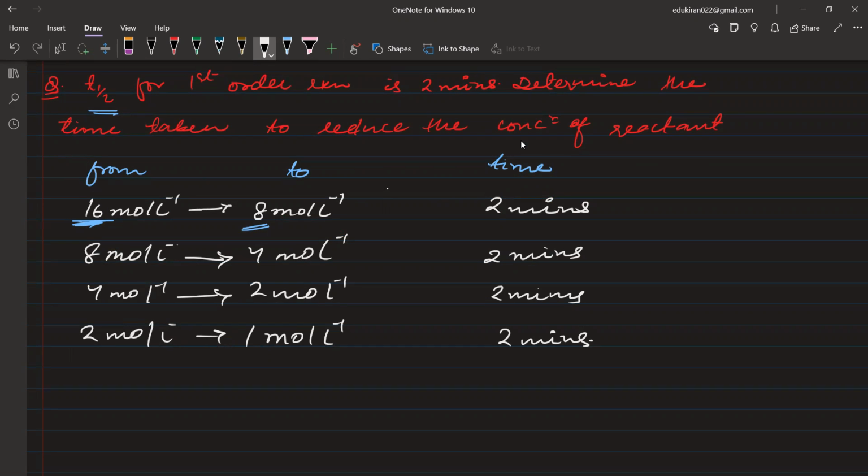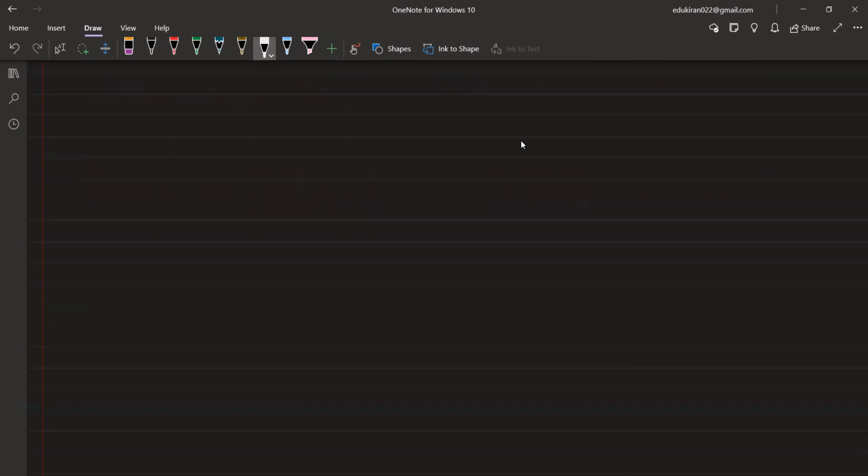That is not the concern here. What is my concern? My concern is just the half. ठीक है? What is constant here? The initial and the final are related as such. Final is half of the initial reactant concentration. So that is what you have to focus on in the first order reaction. Now,